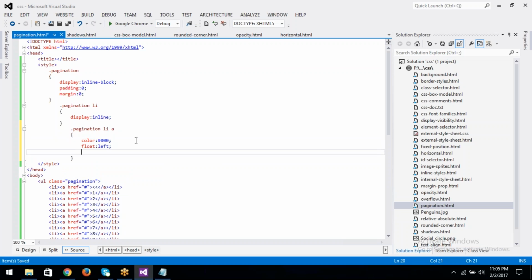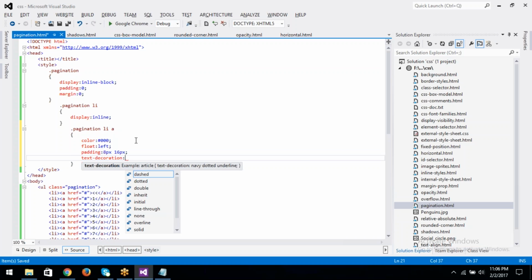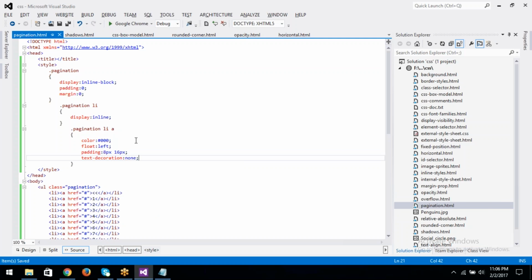Okay, float left, and padding 8 pixels and 16 pixels. Next, text decoration none. Okay, so now refresh this. Okay, so the numbers are displaying like this,